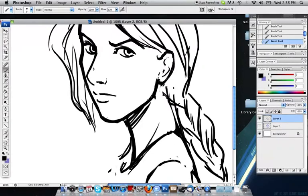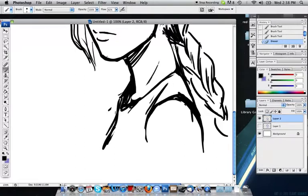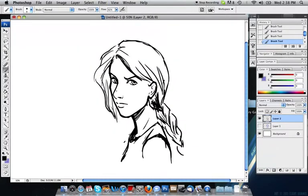So I guess the only thing I'm going to show you in this little one, just nice and quick, is a trick with using Photoshop and digital art. I'm entirely self-taught, so I had to figure all these things out. Especially if you can't bother reading all of the millions of books, because when you get a huge Photoshop book, they just sit there and it's information overload, so I usually just figure it out on my own. Every once in a while I'll look up a tutorial. But one of the things that you can do is, if I don't get her hair right,